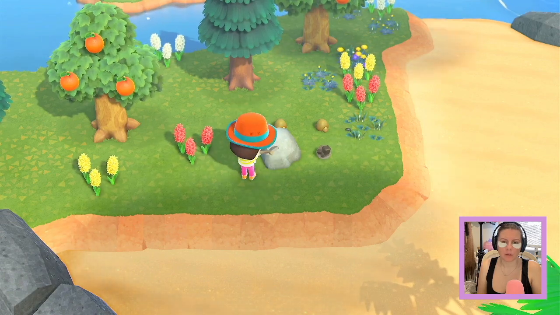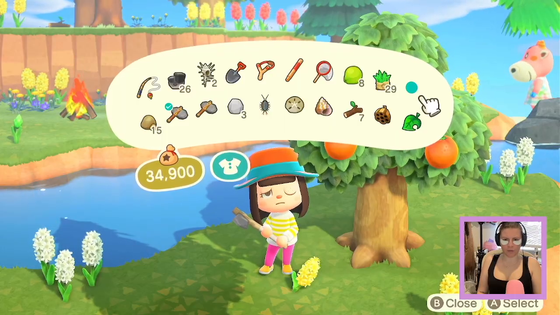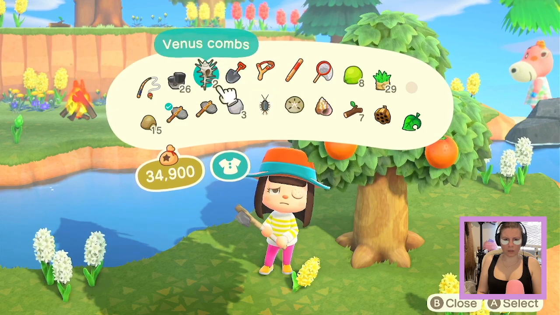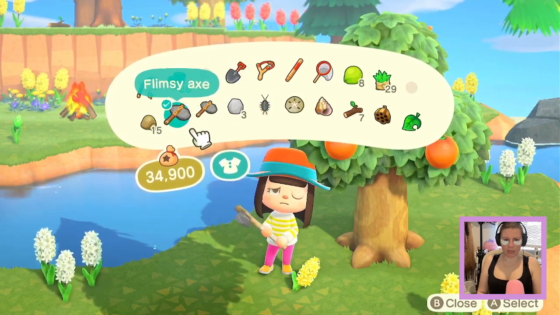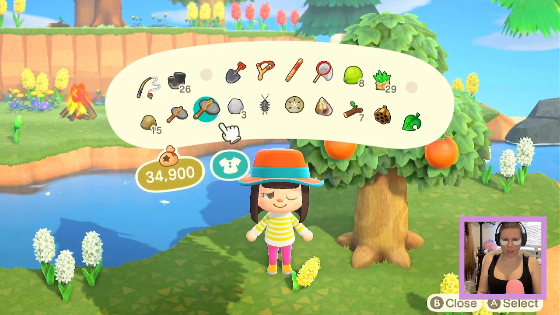I'm totally going to have to go to another island. Right, I don't have... I'm going to drop this because I can definitely get that on my island. And I'm going to use this...